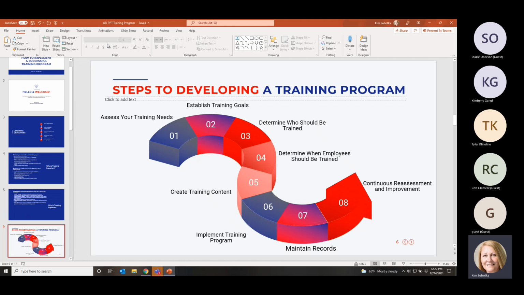Create the training content. Obviously, you're going to start with your new hire training that talks about your company, the do's and don'ts, what happens when you walk out into the production area or the distribution center, what happens when you've got a truck loading and unloading, keeping dock doors sealed, just everything that they need to know when they start at your company.